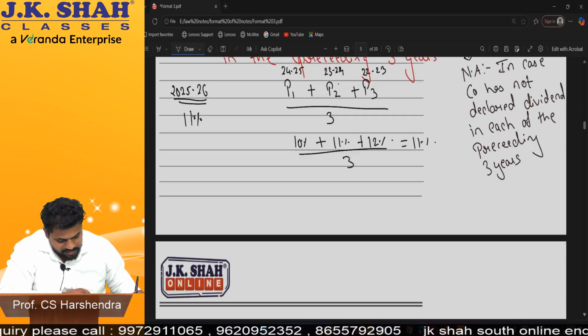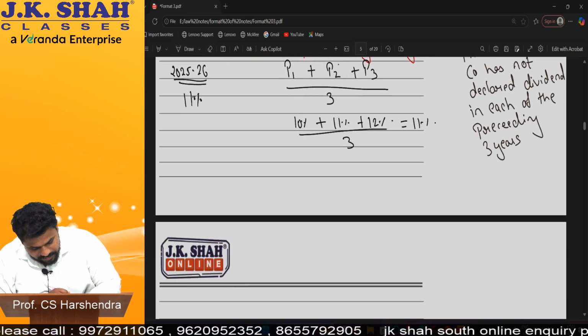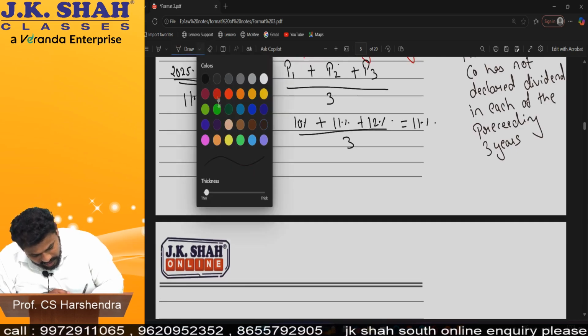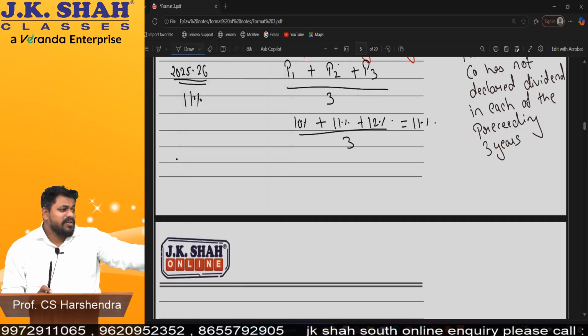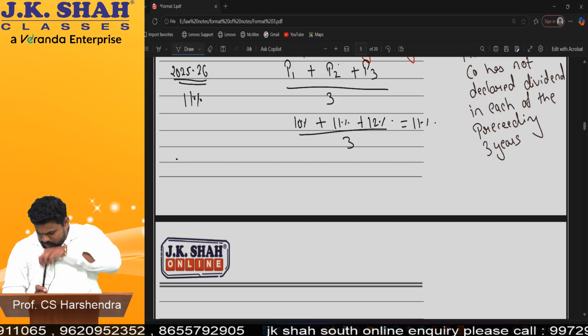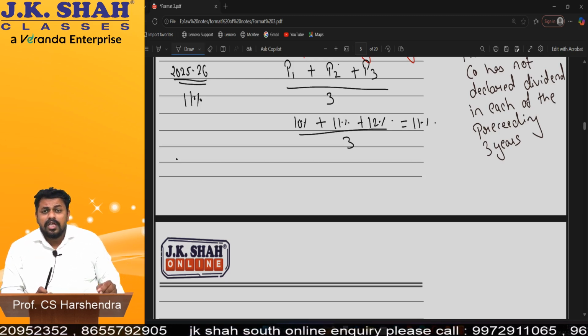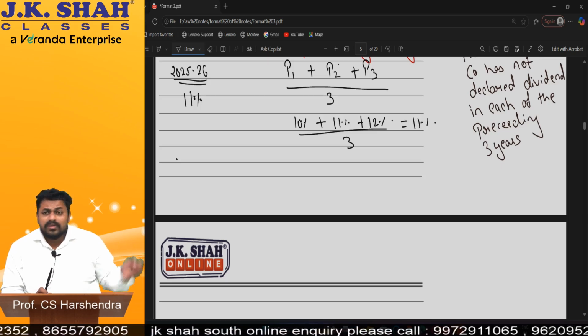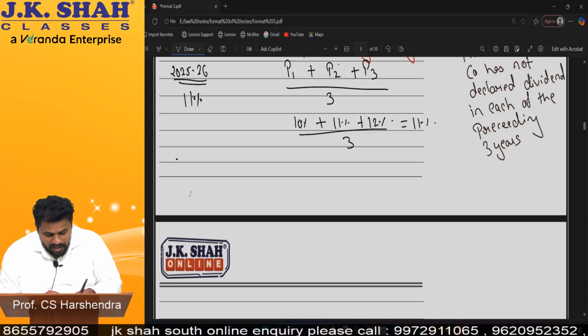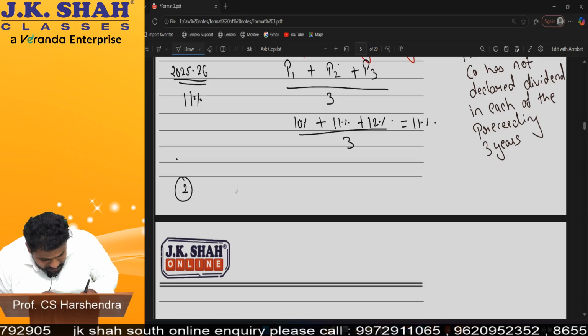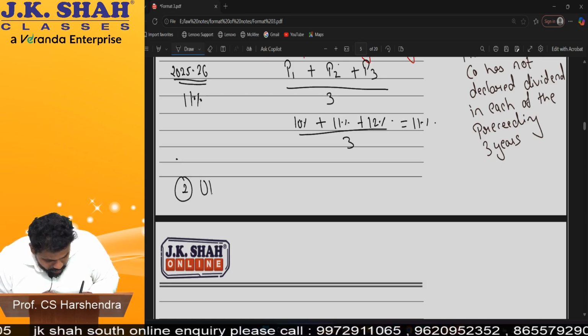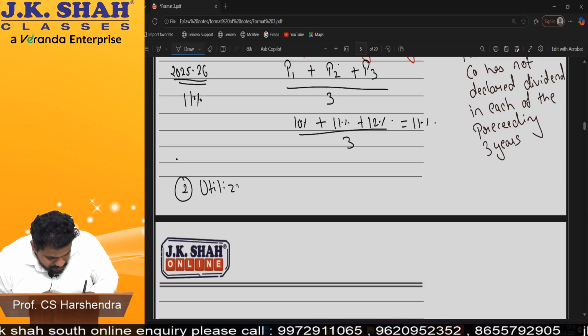Now, the second point. Sir, from where? You don't have money in your pocket. So whose pocket will you use? Papa's pocket. That is reserves. So how much money can you take from reserves? Can you empty the reserves? No. So basically the second point is utilization of reserves.